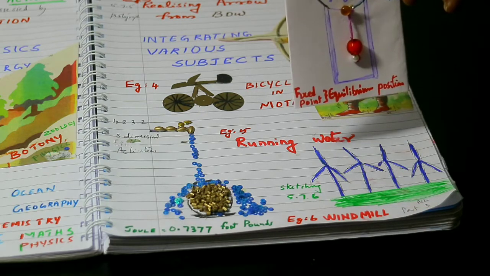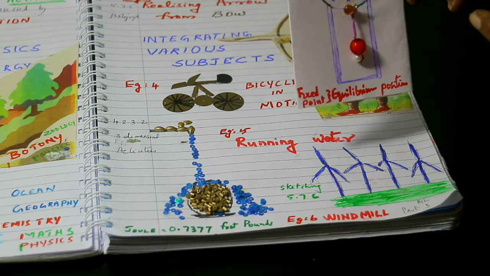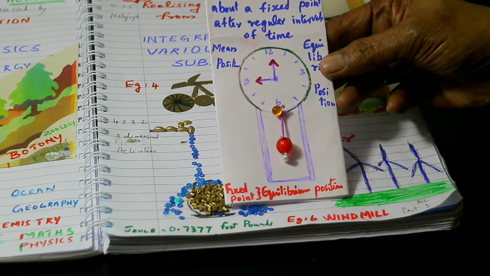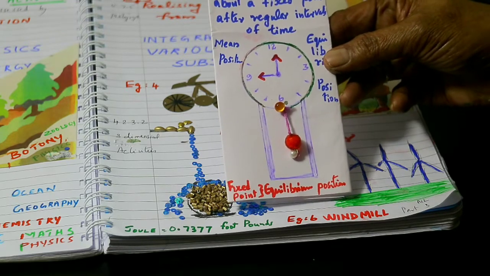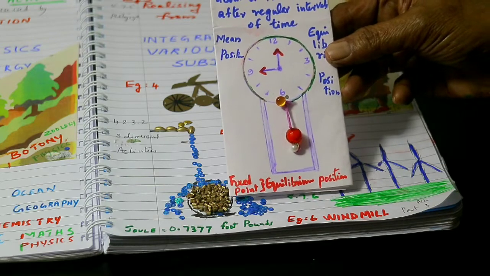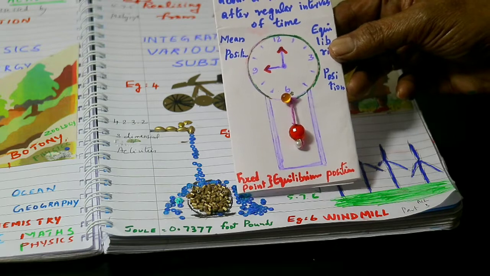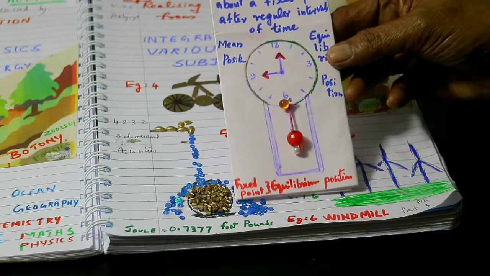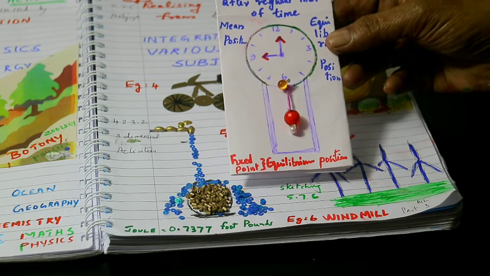What about the clock? How is the clock made? What is the metal? What about the glass? What about the needle? How the pendulum works is about physics. What about the shape, and the needle and the letters written there? All this relates to maths, physics, chemistry, and if you are writing about it, it will come under languages. So that way we can integrate.